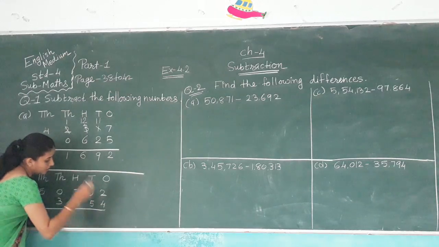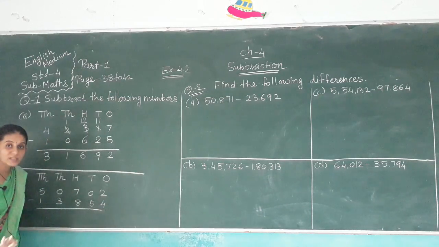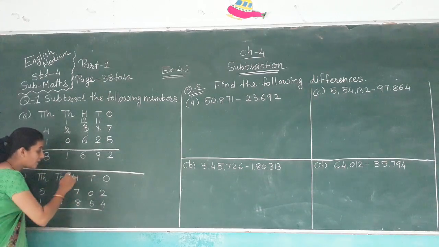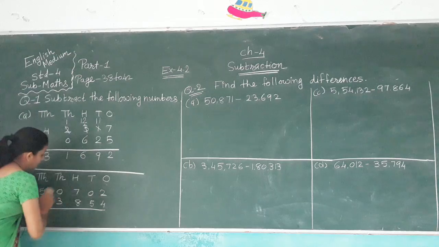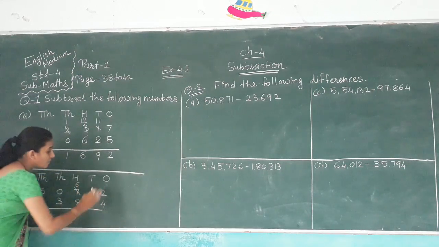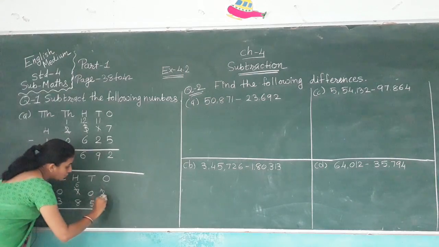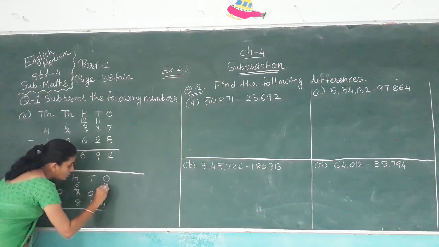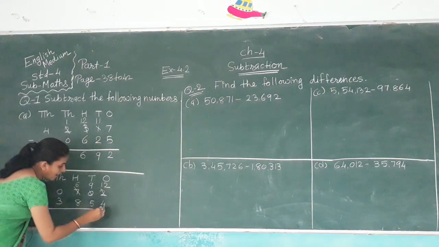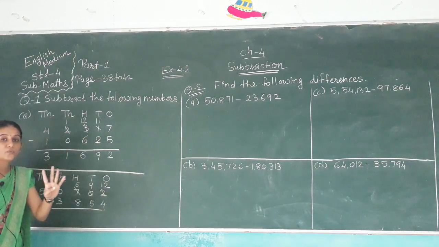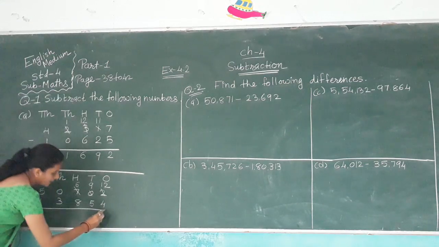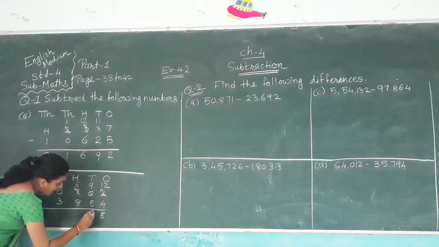Another one. Ten-thousands place, thousands place, hundreds place, tens place and ones place. Again 2 minus 4, but it is not possible. Take borrow from tens place, but here also 0. So now we will take borrow from hundreds place. So cut here 7, write 6. Ones wants to first. So give first 10. So 10 plus 2, 12. And tens, here 9. 12 minus 4. Take fingers. Before 12: 11, 10, 9 and 8. Again 9 minus 5, 4.